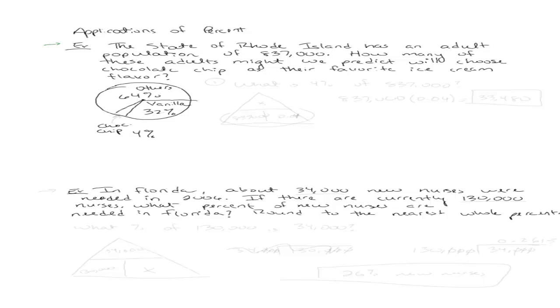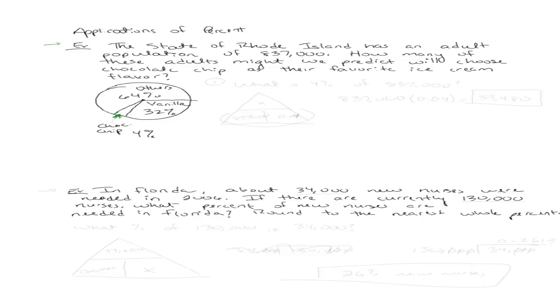The state of Rhode Island has an adult population of 837,000. How many of these adults might we predict will choose chocolate chip as their favorite ice cream flavor? Alright, well, if we look at this pie chart over here, we know that 32% of people prefer vanilla, 64% of people prefer all other flavors, and 4% of people prefer chocolate chip. So what I like to do is convert this to